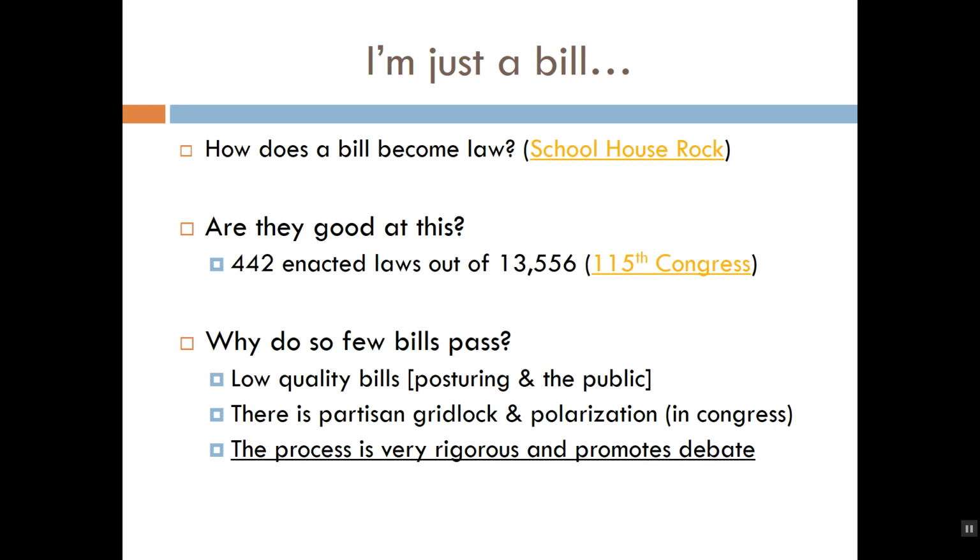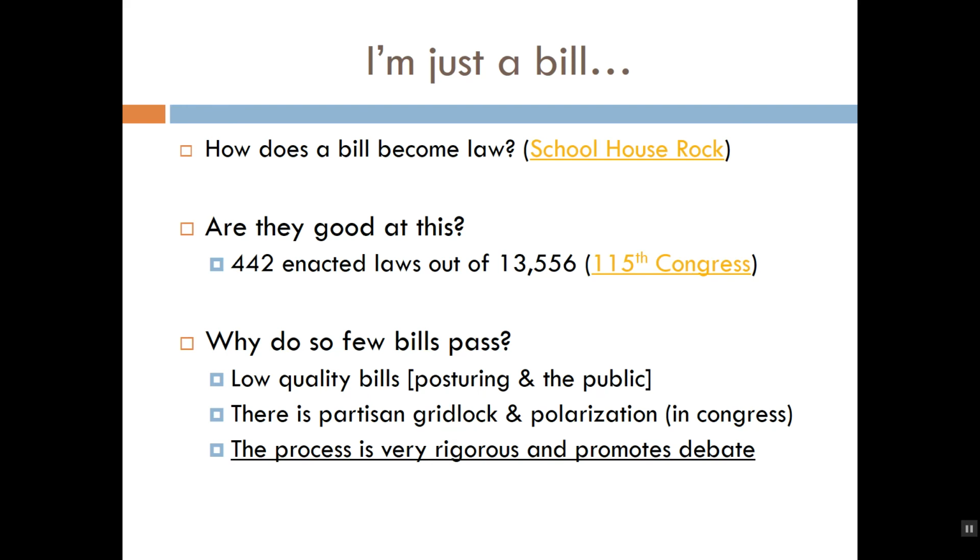However, you can also put a positive spin on these numbers because it's equally possible to say that we don't want 13,556 new laws every other year. It is also possible to say that the Congress has weeded out a whole bunch of potentially very bad proposals and only passed the absolute best policies. And it is possible to argue that this is a good thing for a variety of reasons. So before I go into the particular steps that every bill or proposed policy has to go through before it